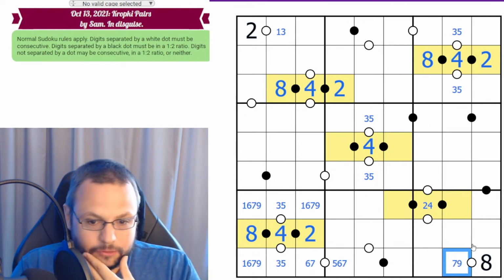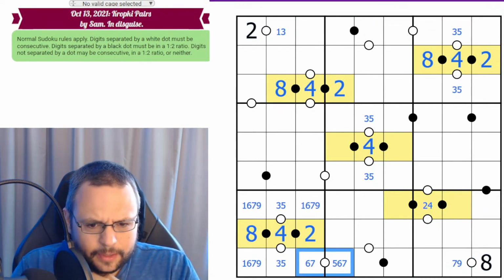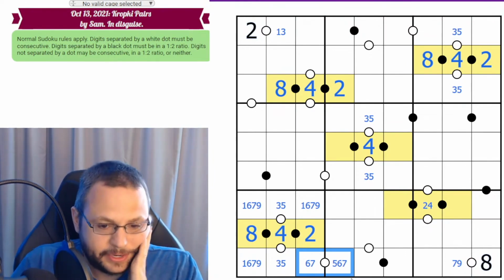So we have that. Okay. This looks like there's something almost going on. Yeah, there's something going on here. The thing that's going on here is that this collection of digits will never work if I don't include a